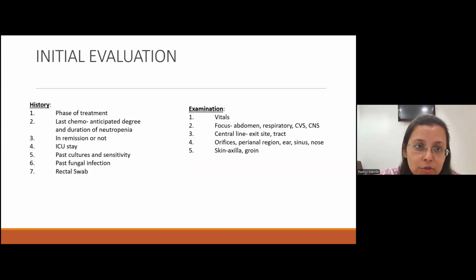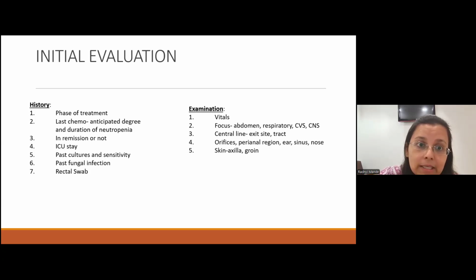So, initial evaluation: whenever a child with febrile neutropenia comes to us, how do we evaluate these patients? First and foremost, we take the history of the patient. That is, we see which phase of treatment he is on, either the intensive phase or the maintenance phase of chemotherapy, then what chemotherapy he has received, so that we